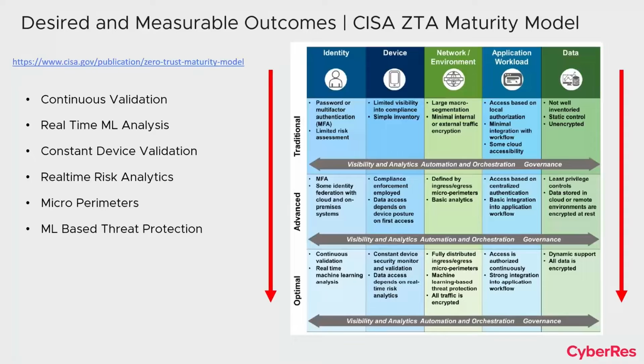We don't want people getting into a network or into a server and being able to jump or pivot from that to other places. So the more you can establish a micro perimeter with the controls for zero trust, the better you're going to be. For application workloads, once again, continuous authorization, as I've been preaching on this whole time.